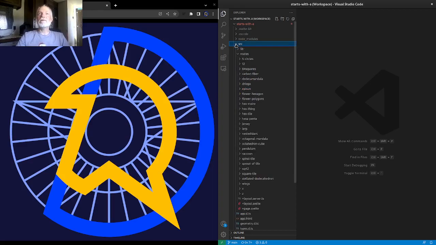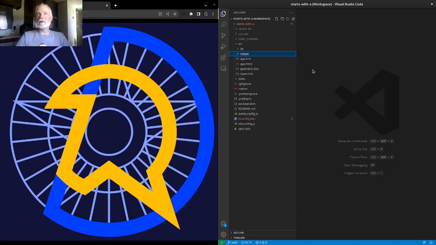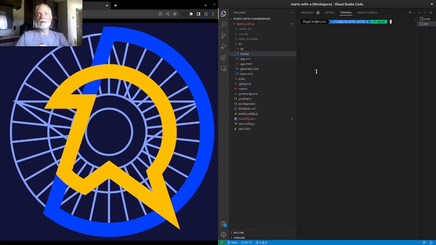So in the source directory in the routes, if I create a new folder in here, that equates to a new page in my web application. And inside each of these, I've just got a page, and each of these pages is one of my little graphics projects. So what we'll start with here is I'm going to come over to my terminal,